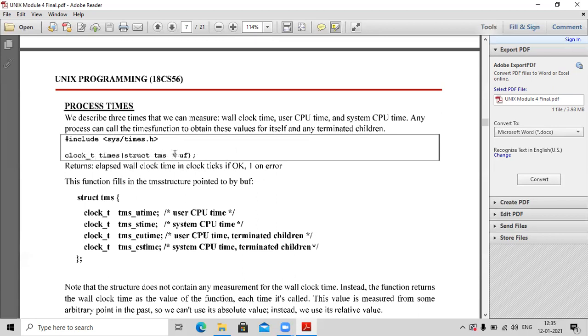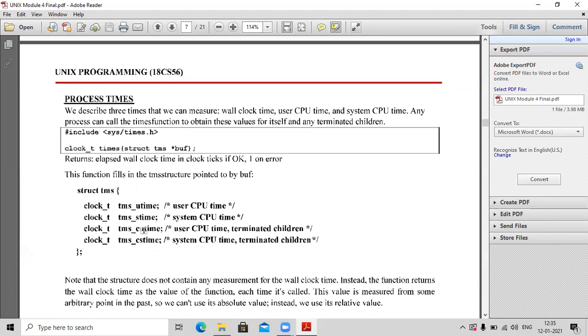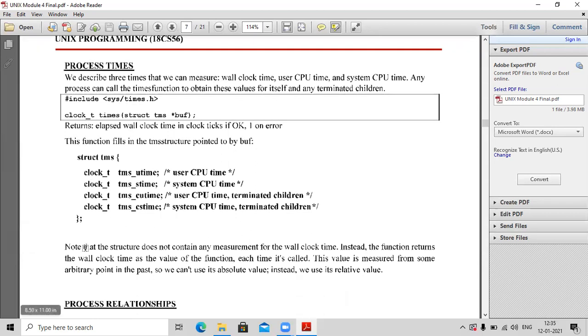So we are passing a structure tms. Inside the structure, it contains the user CPU time and the system CPU time, which I had explained just now. Then it also contains the user CPU time and system CPU time of the terminated children. As you can see, you do not have an attribute called wall clock time, but instead when you call this particular function itself, that value gets returned. That is what has been explained here.